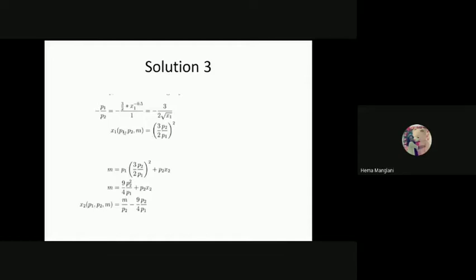Gopika, did you get it? No, ma'am. Up to this, m is equal to... so minus P1 by P2 you'll be taking, and then this value 3 by 2 multiplied by x1's power minus 0.5. Simplifying it, this gives you x1's value, 3p2 divided by 2p1, and the whole square. Now, what do you need to do? This you got here is the x1's demand function, because the x1's demand function is free from other effects.